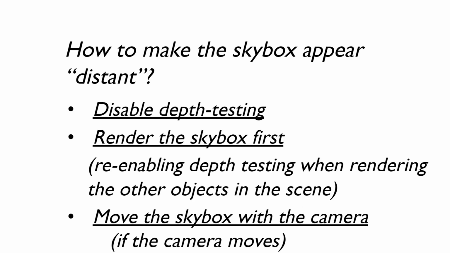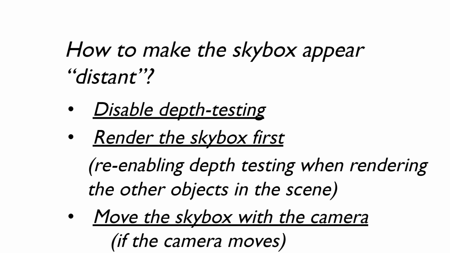Then there are a few tricks, because after all, computer graphics is all about tricks. How do you make the skybox appear distant? How is it in the background? How does it not appear in front of things? What is its relationship to other objects in the scene? It's more straightforward than you might think. First off, we're going to use a different shader. This is the first time we're really going to get into using multiple shaders within the same program. We're going to use one shader in charge of drawing the skybox, and another shader for all our normal geometry in our scene.